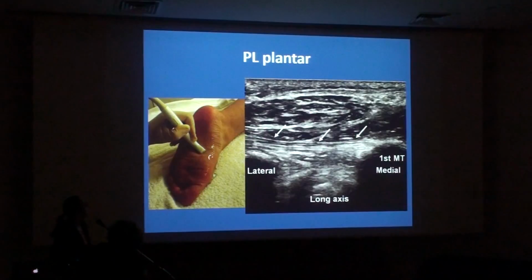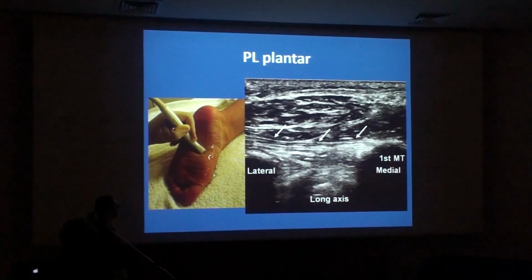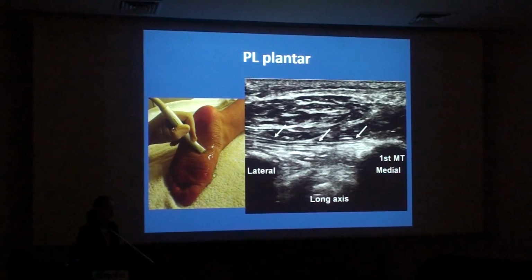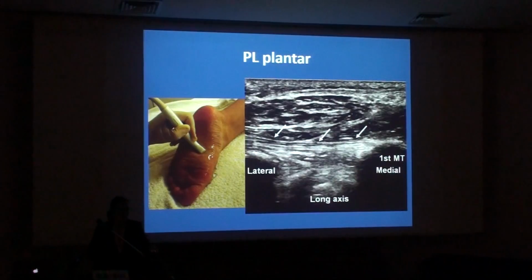That's okay. So this is the examination of the Peroneus longus tendon with the patient in the prone position. And how I do this, for me the easiest way to examine this tendon at the plantar aspect is to look first for the first tarsometatarsal joint in the long axis. Once I locate the first tarsometatarsal joint, then I angle the